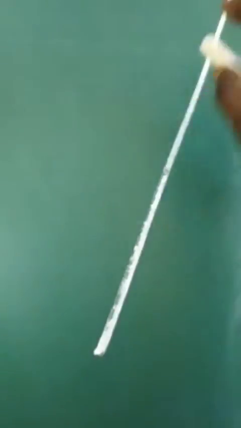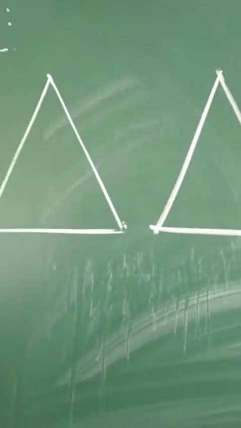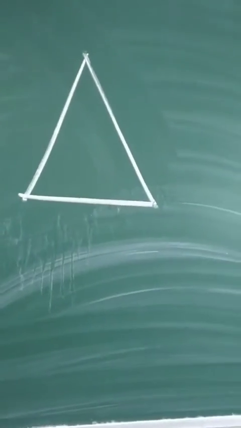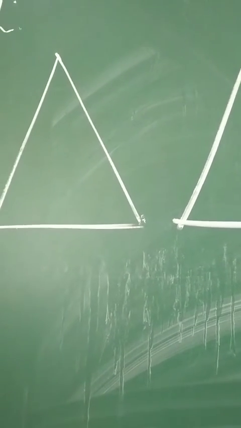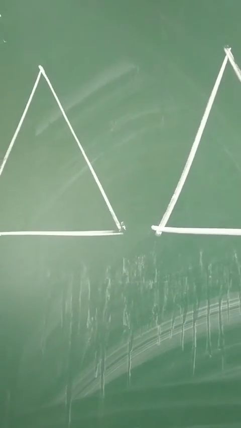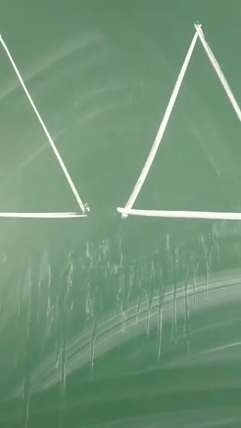So children, here in exercise 7.1, some basic similarities of triangles are given, and in exercise 7.2 we need to use the criteria of congruency of triangles. So children, two triangles are said to be congruent with each other. The very first thing we need to understand is what congruency is. Congruency means when two objects appear to be absolutely the same in terms of their size and shape, then the triangles or the objects are known as congruent with each other.